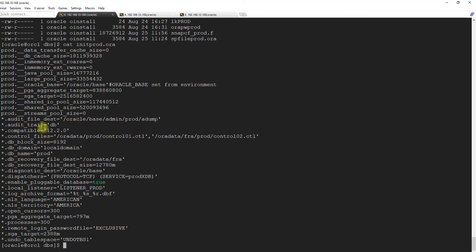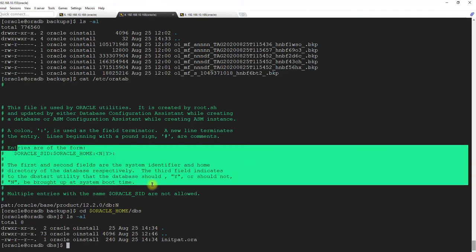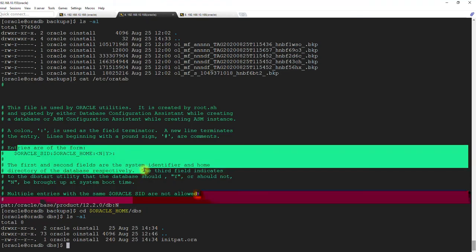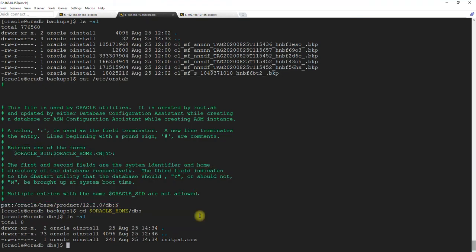Now when you are transferring the backups from here, the primary, and restoring on this server, as I have already informed you in the cloning lecture, while restoring, Oracle will try to look for the location found in the data file header as well as the control file header, right?